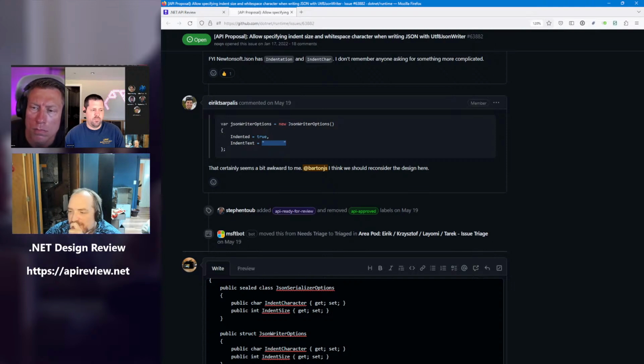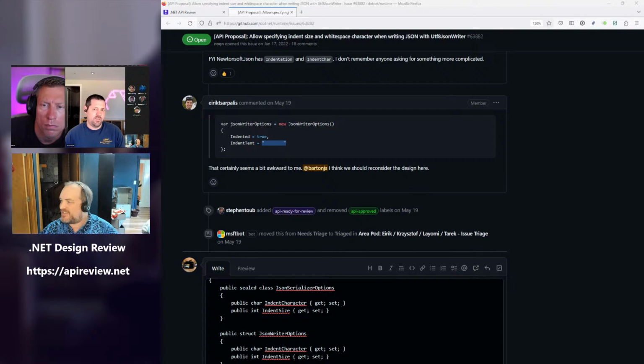Because we can't name the integer. I mean, you're assuming that someone's expressing it as a character and an integer. A string could literally be environment.newline. I don't know why you'd want to do that, but you could. Just to confirm, we're okay with forbidding people from doing carriage return line feed as the indentation text, right?